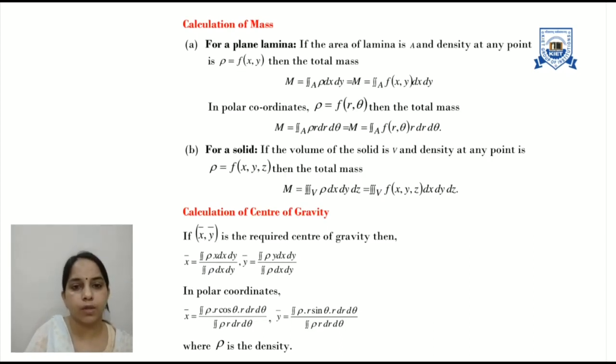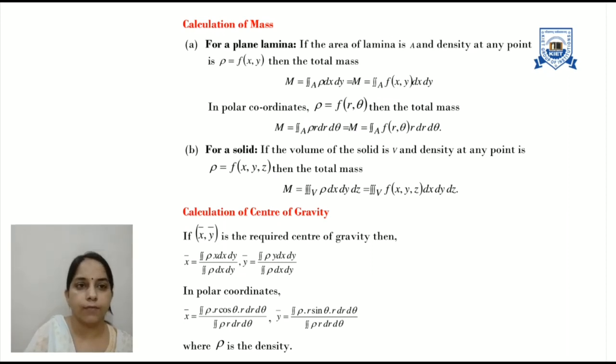Now we come to calculating the mass and center of gravity of a given solid. First we have a plane lamina. A plane lamina is nothing but a thin metal plate. So the plate has no thickness, therefore its mass will depend upon its area. So what will be the formula of mass? The formula of mass will be, in this case, density into area. The density of the plate may be variable or may be constant according to the problem.